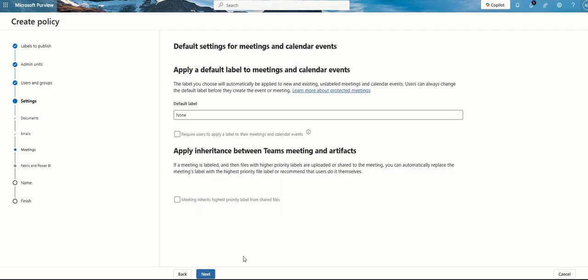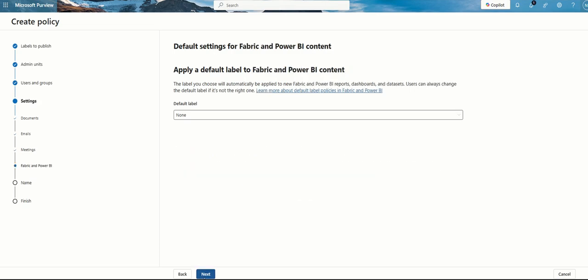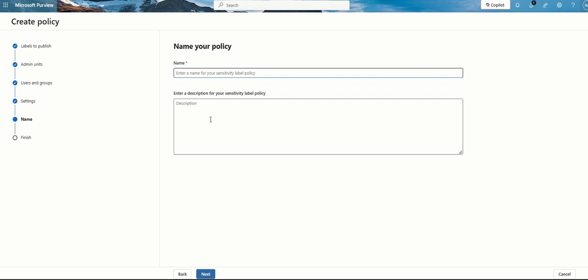Click on next. Then you have apply a default label to meetings and calendar events. So this is about applying a default label to meetings and calendar events. It can be none or confidential IT, and also you can let it inherit the highest priority label from files that are shared as part of meetings and artifacts, Teams meetings. So again, you can automatically apply the label or recommend users to apply the label. Click on next, and this is about apply a default label to Fabric and Power BI content, none or confidential IT. Then next. So here we're going to provide the name of the label policy,